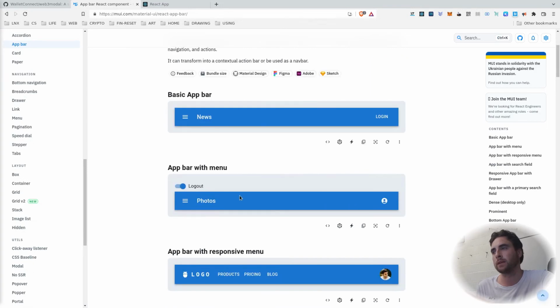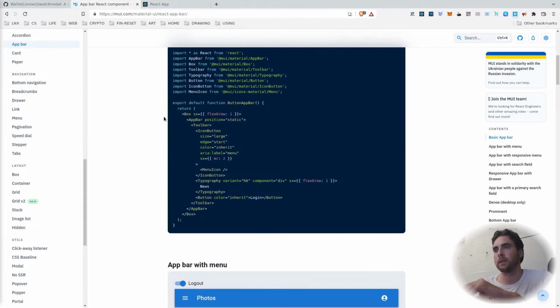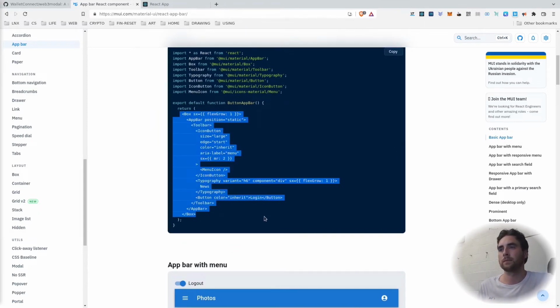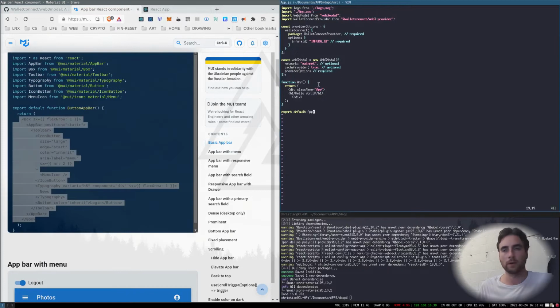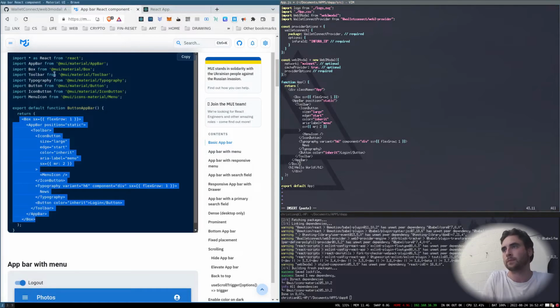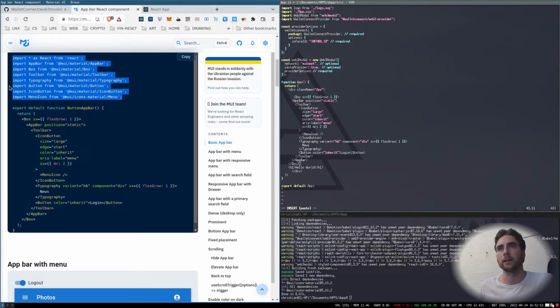There we go, that looks nice. So we get this code. Take that. I don't know if I need the box or not, but whatever, just copy what it says. Okay, and take the